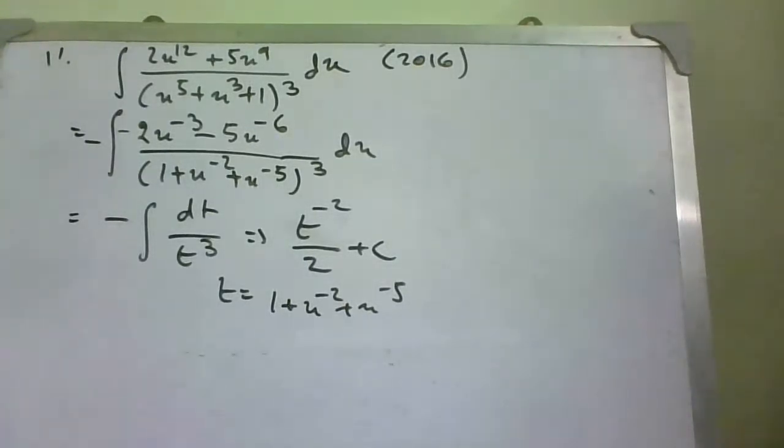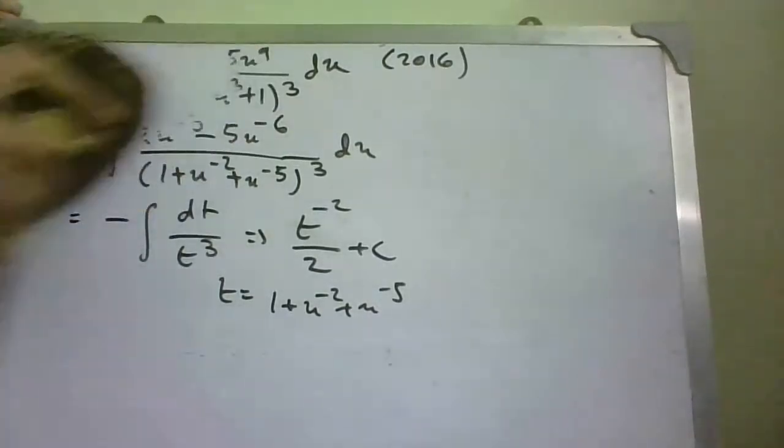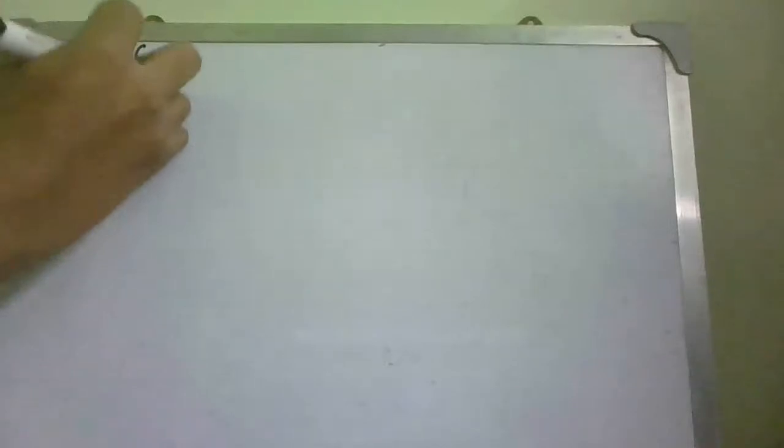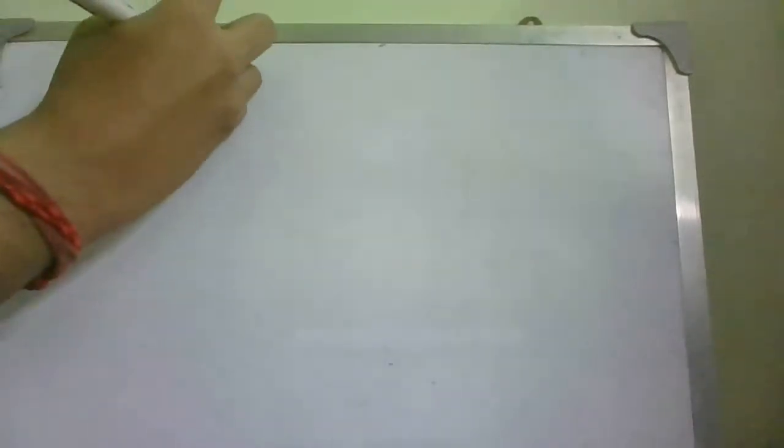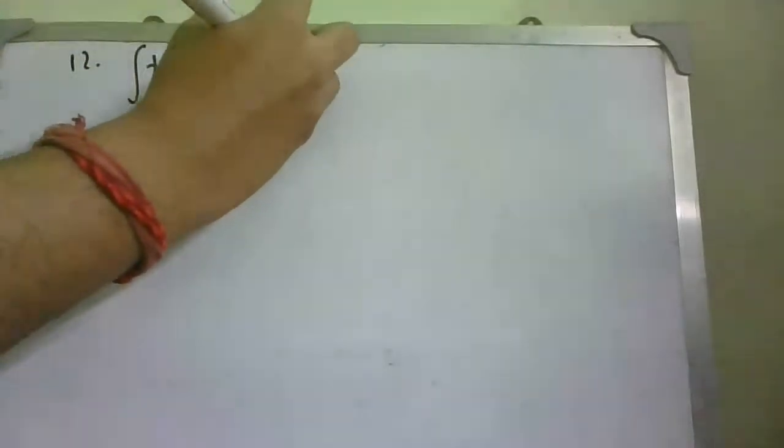Okay, let's move on to the next question. In that particular question, I made a very severe mistake in the sign. My apologies for that. Okay, next question is, what is integral tan to the power 4x dx plus integral tan